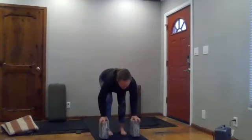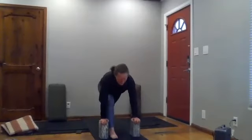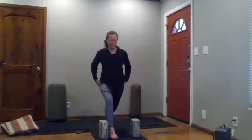Plant your fingertips. You can use blocks if you want to. Step your right foot back into your lunge. Take a big breath. Center with your hips. And you can always set your back knee on the ground here if you would like. But bring your hands up to your hips and rise. And as you work your hips a little bit more towards center, think of left hip crease moving back